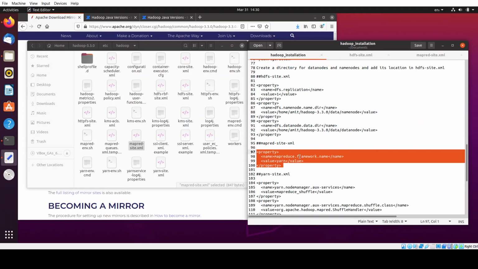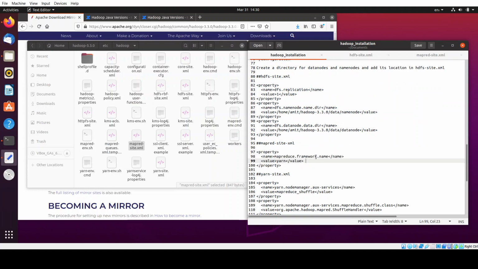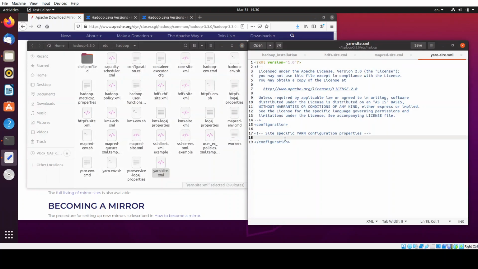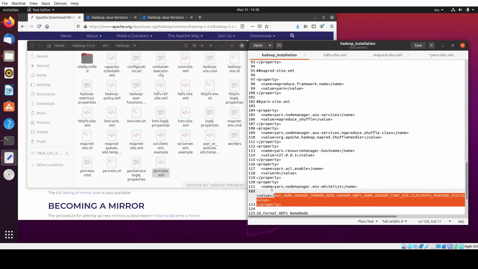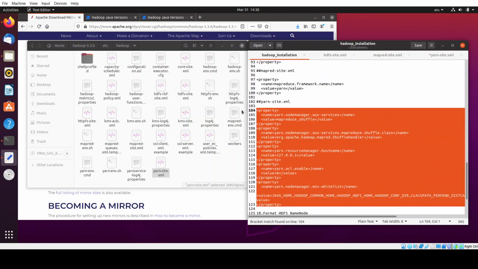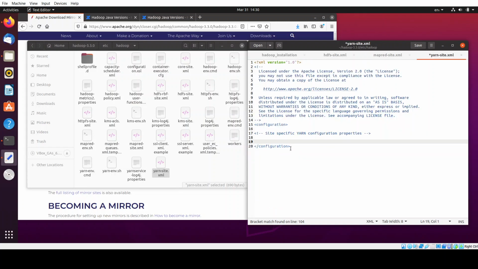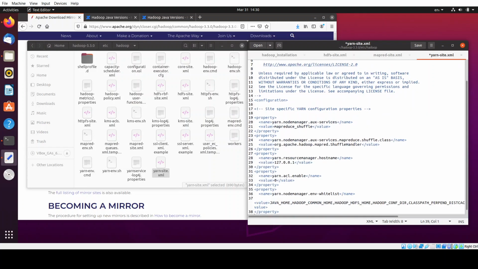Okay, next we need to modify yarn-site.xml. Now there was nothing user specific in this one, so we don't need to change, just copy paste it. So yarn-site.xml is where it is. In between configuration and slash configuration, let's see if there is anything user specific that we need to modify.